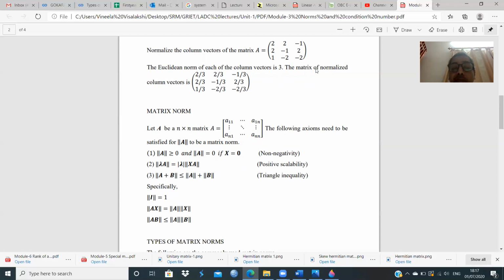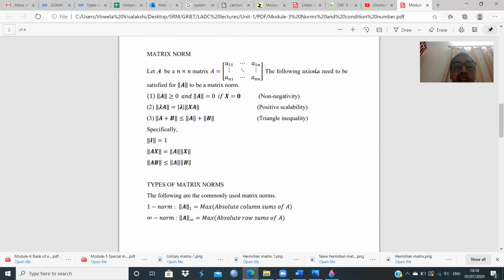So by this way, we can select any norm and then convert a vector or a matrix into its normalized form. Now, having seen what vector norms are, let us look at matrix norms. The definition does not change. All of us know a matrix is a stack of vectors. So again, the only requirement is the matrix should be a square matrix.